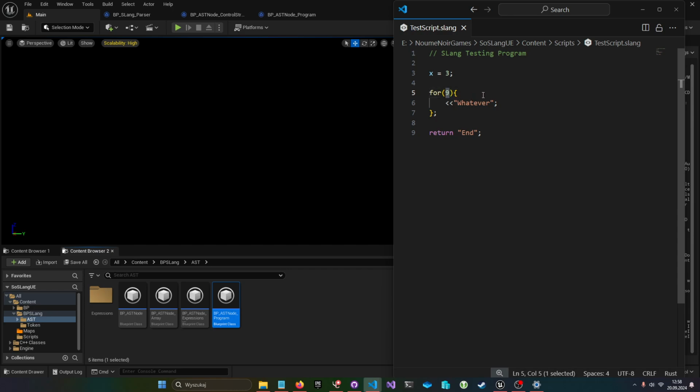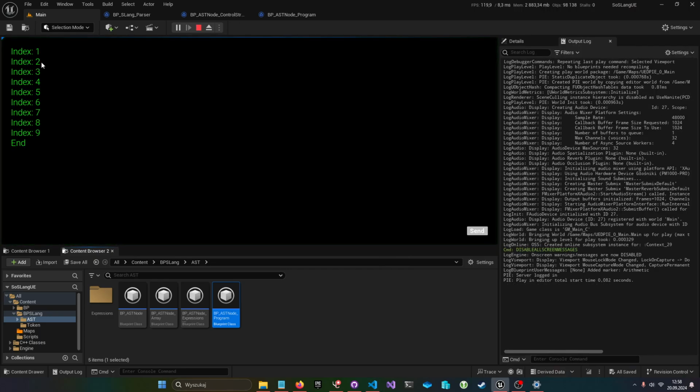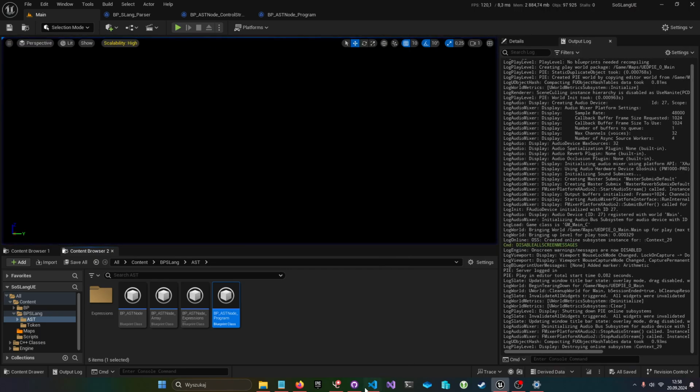And if you need an iterator, well, surprise for you, we have an iterator. It's built into the loop. I kind of stole that idea from J. And you could do this. What's the current index? Index is equal to it. And iterator is the value of iteration. So 1, 2, 3, lovely.